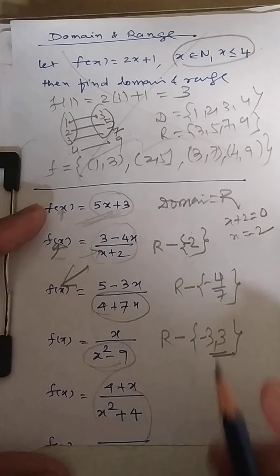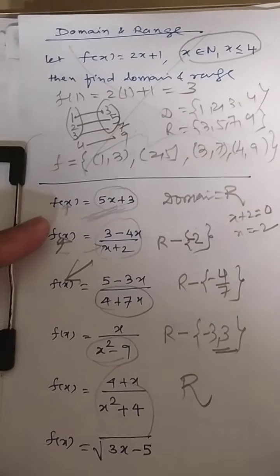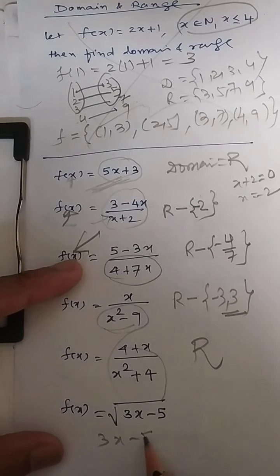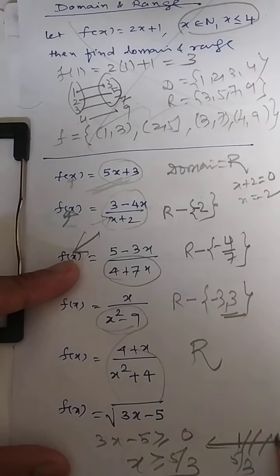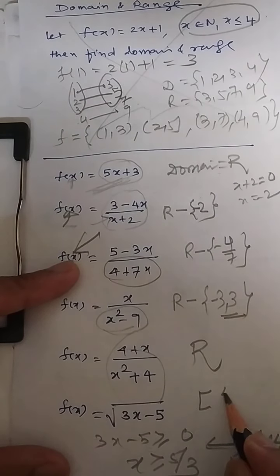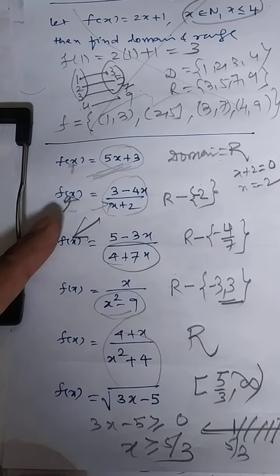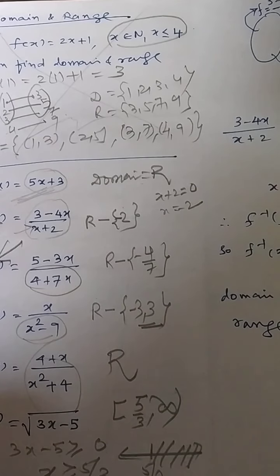Let us consider this. Can you tell me what is the domain? Yes, find out the domain. I am just writing here. You tell me from your end. If the function is in a root, that means 3x minus 5 should be positive. That means the value of x should be greater than or equal to 5 by 3. So from 5 by 3 onwards, all these numbers are valid. Therefore, the domain will be 5 by 3 to infinity. Is it okay? So this is a way of identifying the domain and the range of the function.